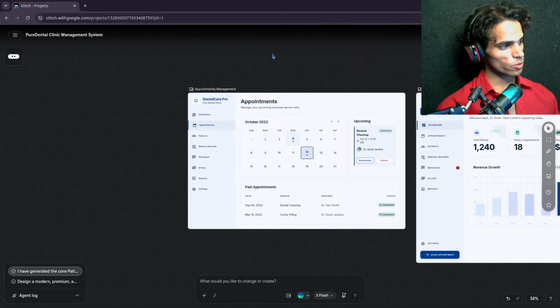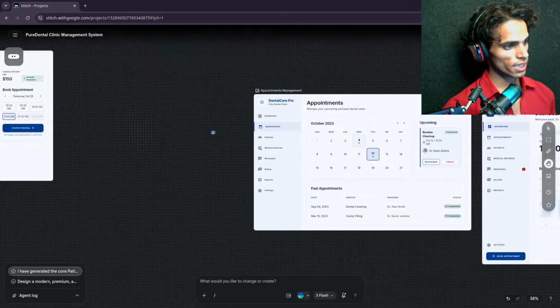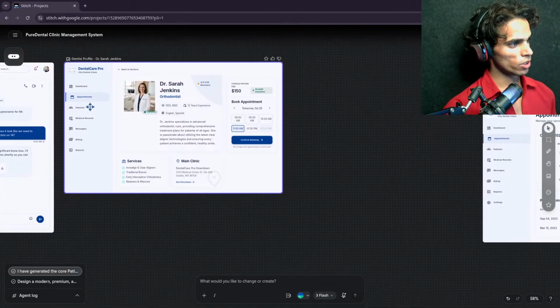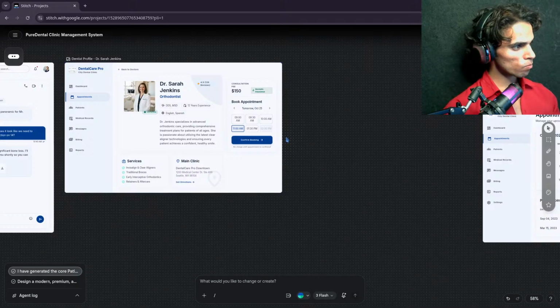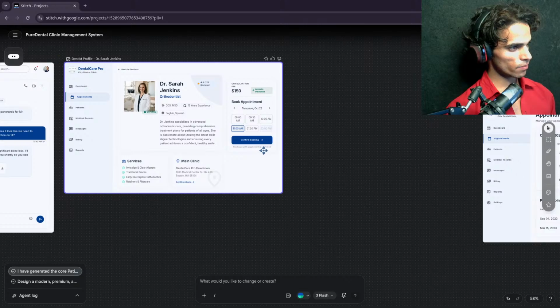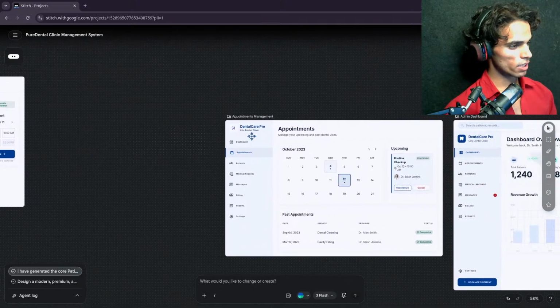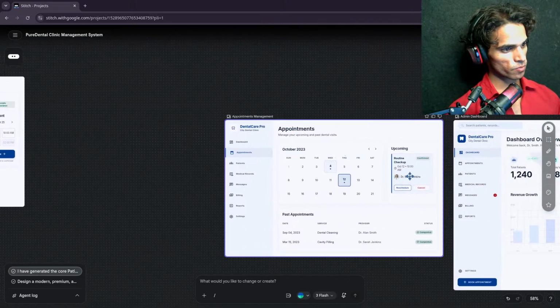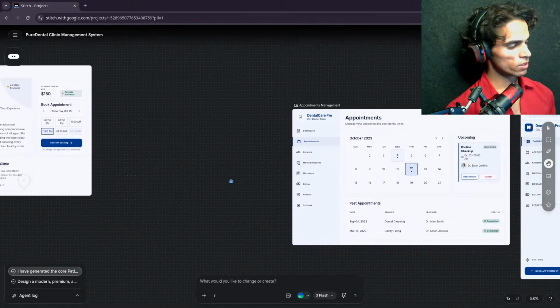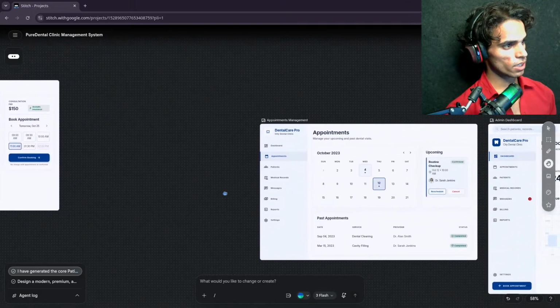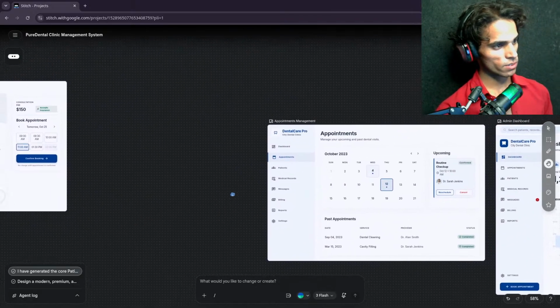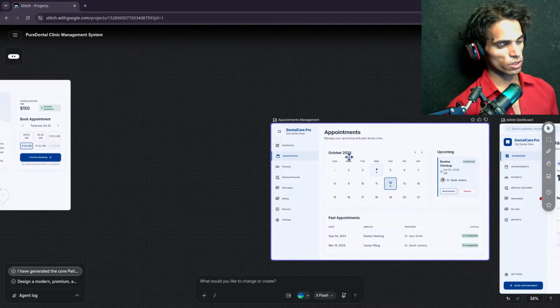So what we are going to do now, we have the appointment space, services, get direction, confirm booking, and in this appointment upcoming, it's a little bit confusing. We have two appointment pages: appointments management, manage your upcoming appointment. Okay, this is an admin page, maybe admin appointment.